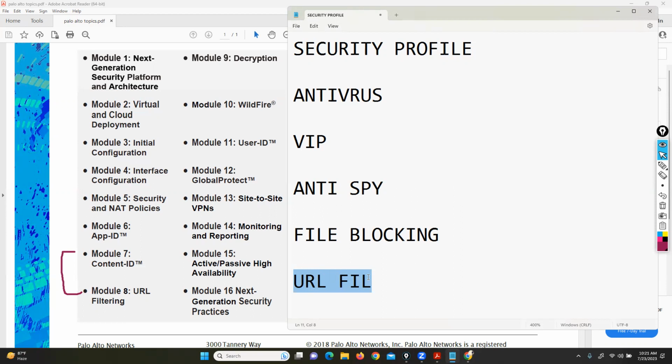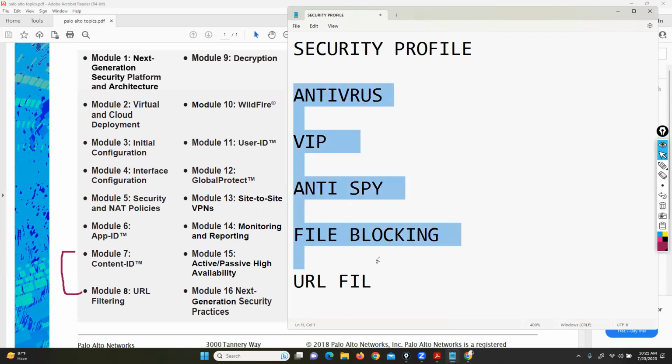In Checkpoint, you can say URL filtering. File blocking: in Palo Alto, you can say file blocking. In Fortinet, you can say file filter. In Cisco Firepower Threat Defense, you can say file policy. It's a common concept. So we can create these security profiles, and these profiles we can attach with our security